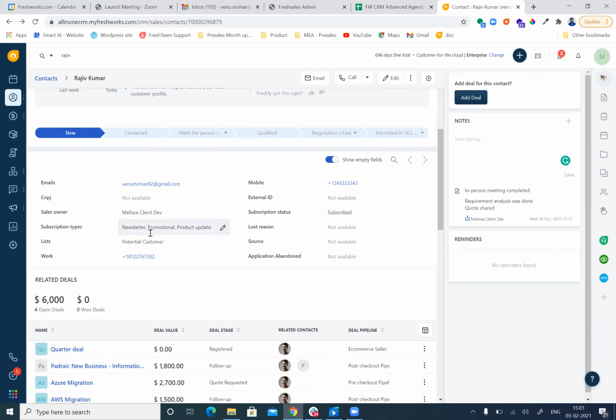You can train Freddy with the attributes you want it to concentrate on. If these attributes are filled with these values, then you can consider this a high priority customer. Even for the Japanese language, you can train Freddy by adding those attributes, and Freddy will try to learn and